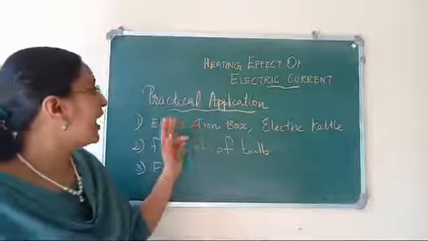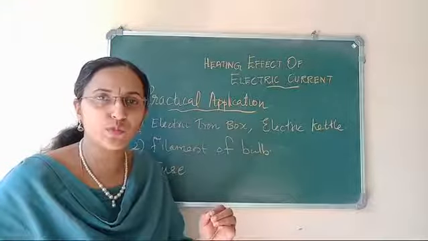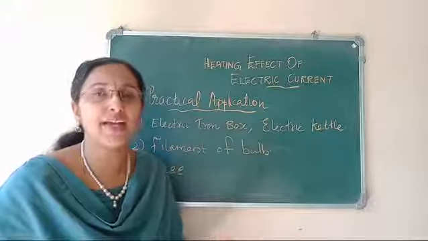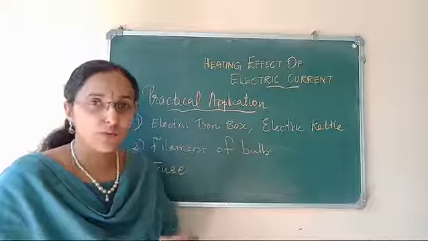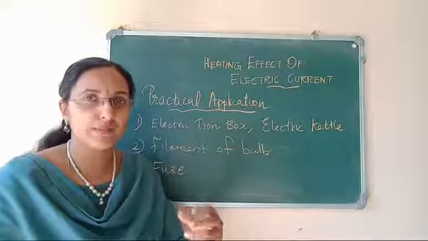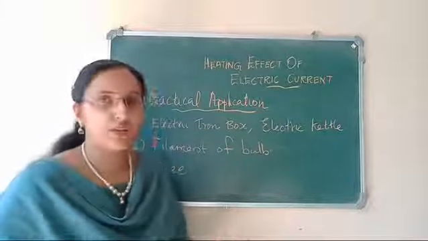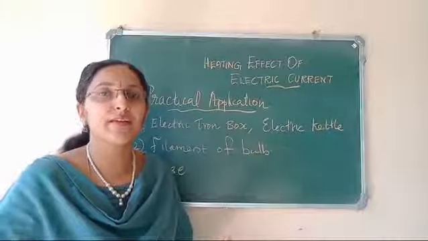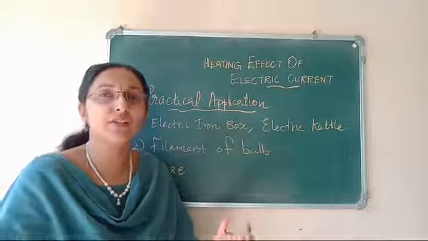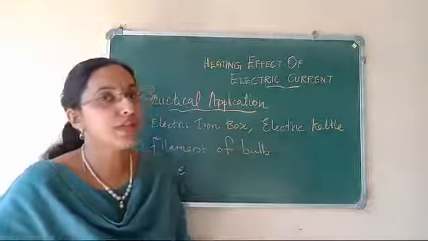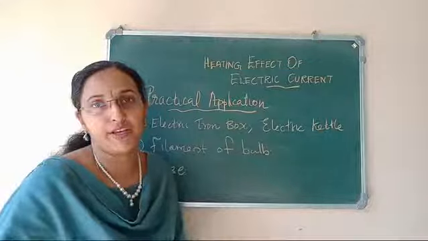The first one is the electric iron box, electric kettle, and such electrical devices which convert electrical energy to heat energy that is useful for us, geyser and all. In the case of the electric iron box, there are coils inside it. The coil becomes heated up, and this heat is used for ironing the clothes. The next one is the kettle. For boiling water and all, we use electrical energy converted to heat energy. Here the conductor is heated up, and this heat energy is calculated by using Joule's law itself. In the case of the geyser also it is the same application.